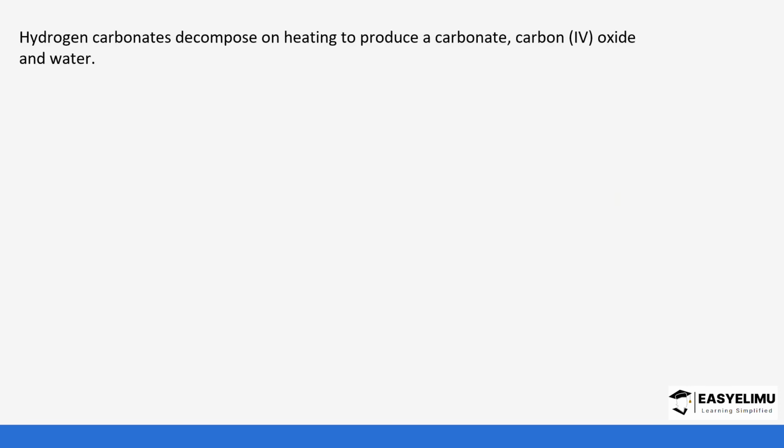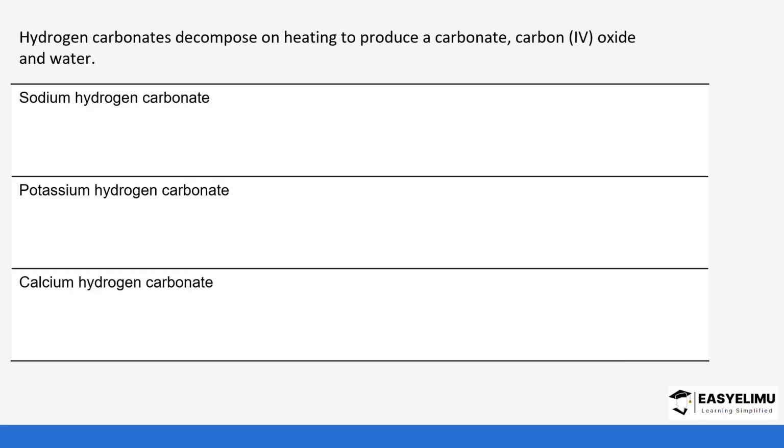As for the hydrogen carbonates, they usually decompose on heating to produce a carbonate, carbon dioxide, and water. So when you heat, for example, sodium hydrogen carbonate, you are going to produce sodium carbonate plus carbon dioxide plus water. If you balance this equation, you see we have two sodiums here. So if you put a 2 here, it is going to affect the amount of hydrogens, which balances out, the number of carbons, which are 2 this side, which balances out, and the number of oxygens, which balances out to 6